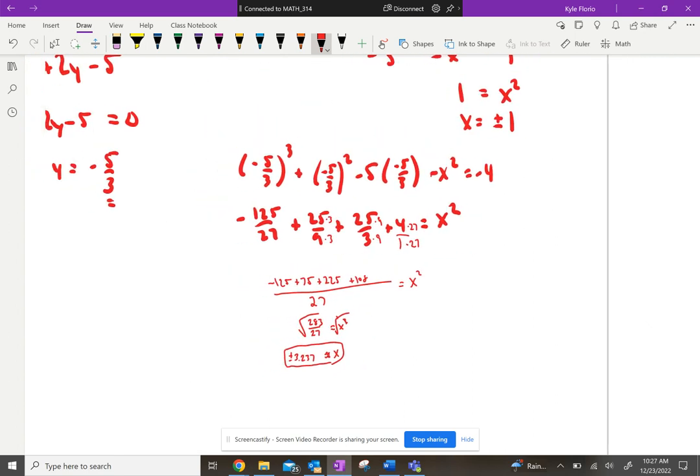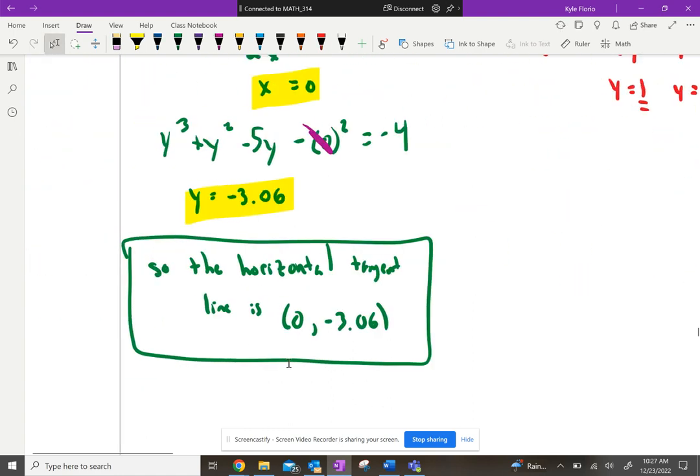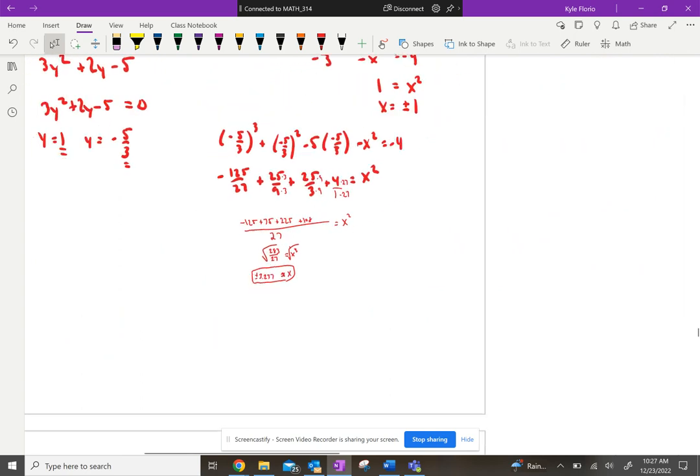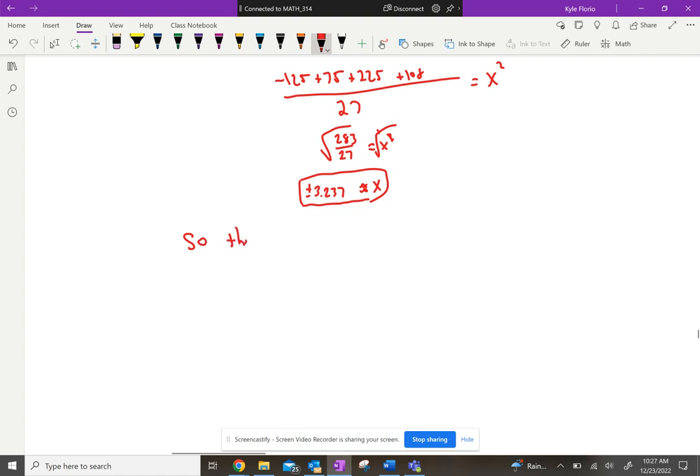So now there's 4 points where there's a vertical tangent? Yep. So, what did I write over here on the right side? Let's zoom in again. So the vertical tangent lines are at,